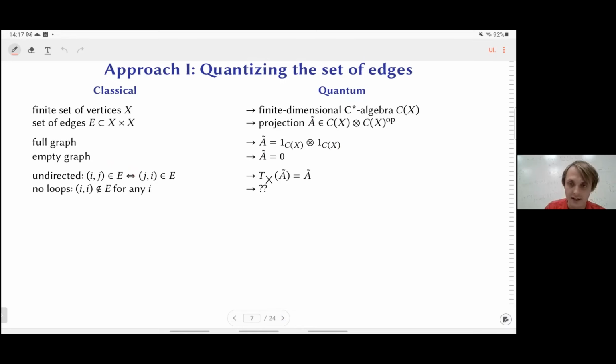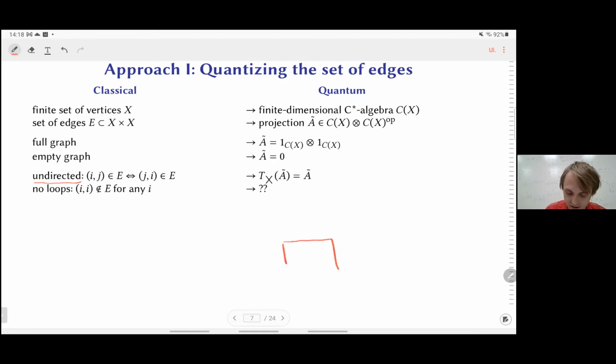For instance, you may want to describe undirected graphs. So this classically means that if ij is an edge, then ji is also an edge. And very natural how to generalize this to the quantum case is to say that, okay, so this A tilde,